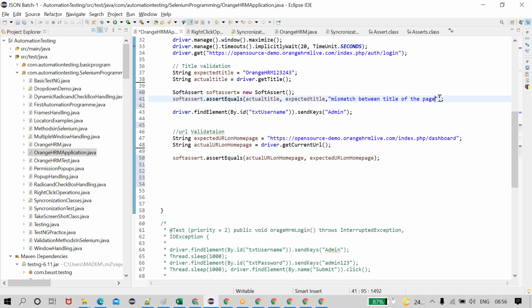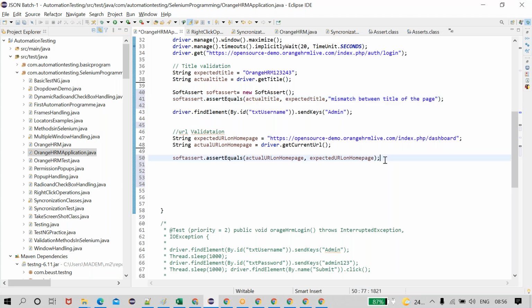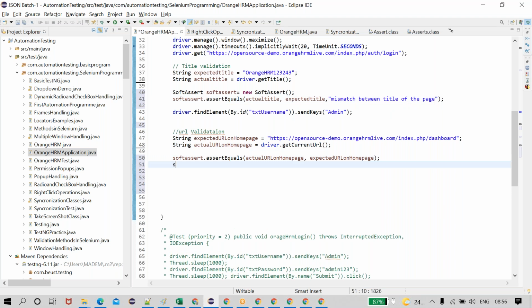If it fails only, it will display this message. We use this message for the failed conditions, not for the pass condition, guys. See, after you use soft assertions, we need to use the assertAll method. What is the use of this assertAll method? I will show you in the coding itself.